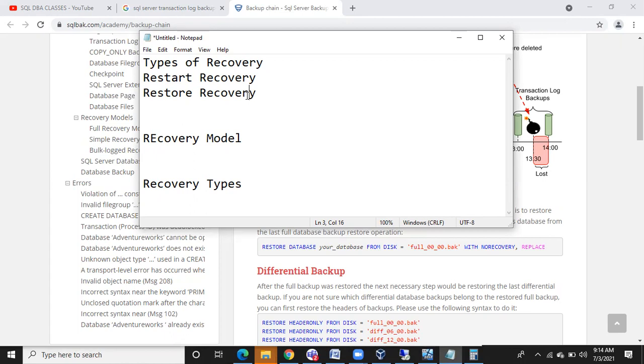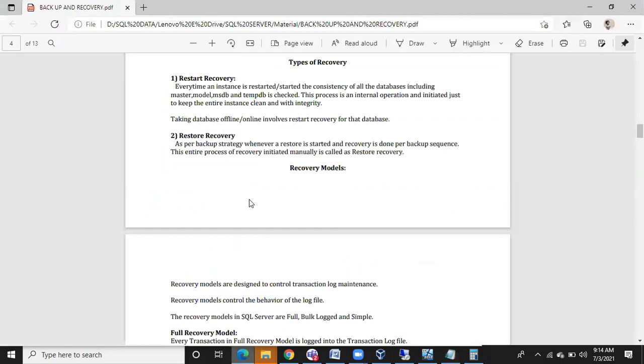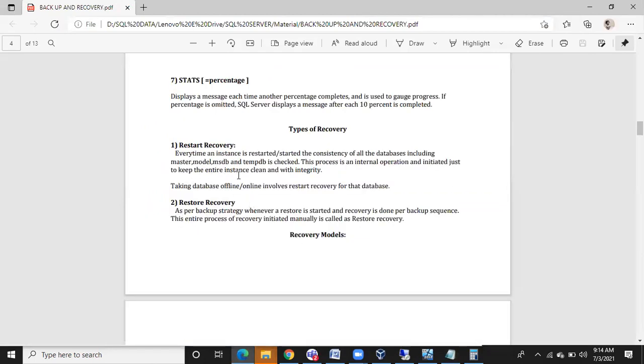One is whenever you restart the SQL Server, that is restart recovery, and the second time is whenever you put the database offline and online. In such case also, while bringing the database online, again the database engine will check whether the database is healthy or not.